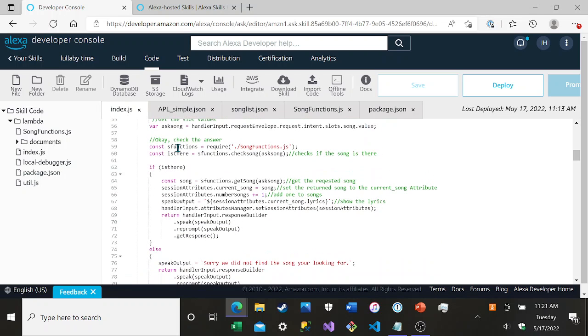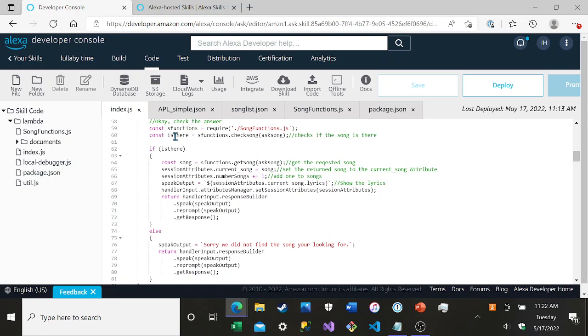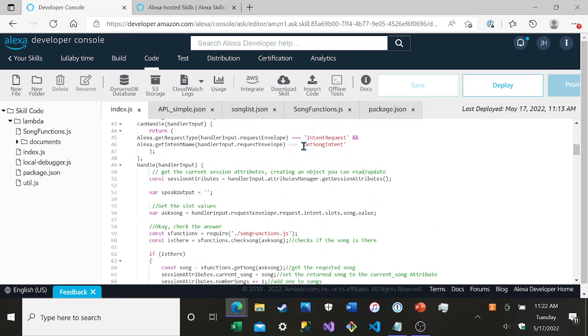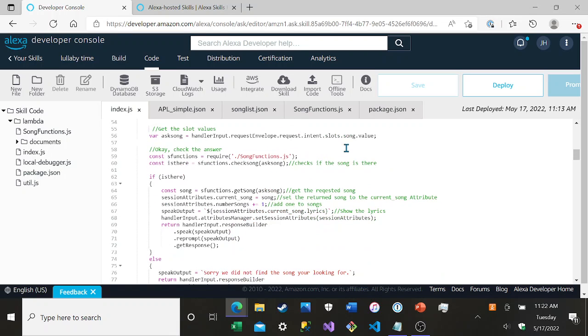Here we go. So it requires the functions page, and it checks if it is there. So check song, or I'll go back up. I have the intent get song, and for that, whatever you request it will send to songs, the functions JS, and check.